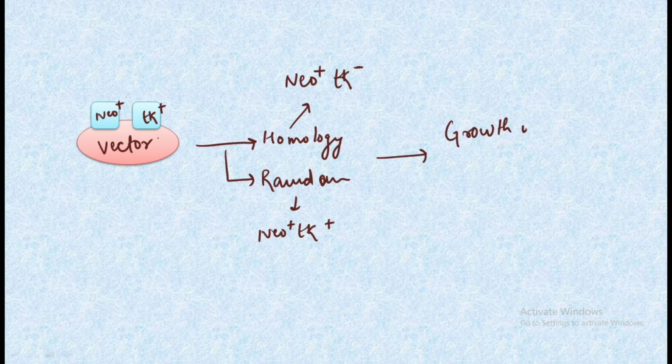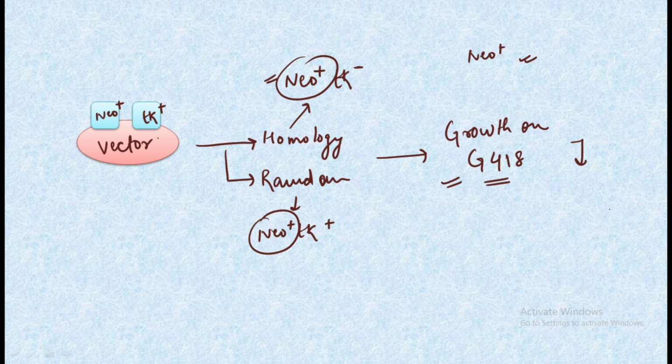So now after this, we would be growing it. The growth would occur on G418, and as we have studied initially, on G418, where neomycin is present, the particular cassette could survive. So as we can see, in both the homologous and the random one we have the neomycin present. So we would be doing a positive selection, because as a result of the growth the surviving ones would be selected. That is, we would have both the random and the homologous integration products, and now we would be growing it on the ganciclovir.